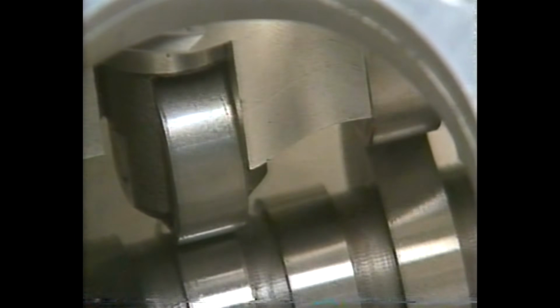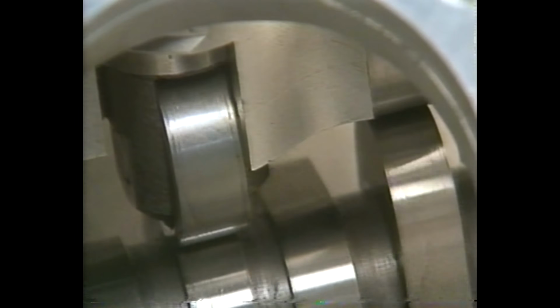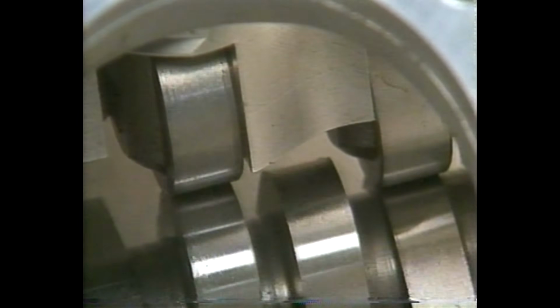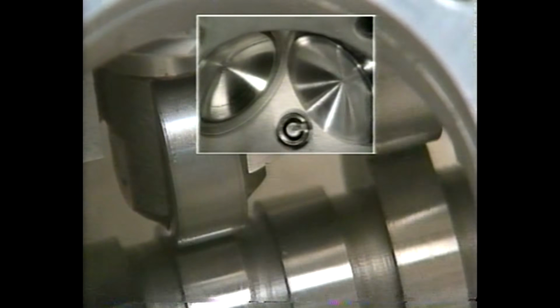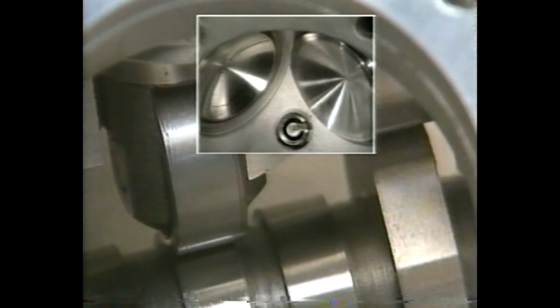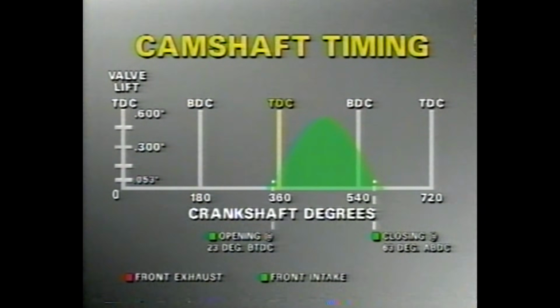We degree our camshaft to our engine to ensure that the valve timing matches the cam timing specified by the respective cam manufacturer. The closing of our front intake valve is especially critical. In the case of our Crane cam example, our front intake valve will open at 23 degrees before top dead center, and then close at 63 degrees after bottom dead center, or 243 degrees after top dead center, for a